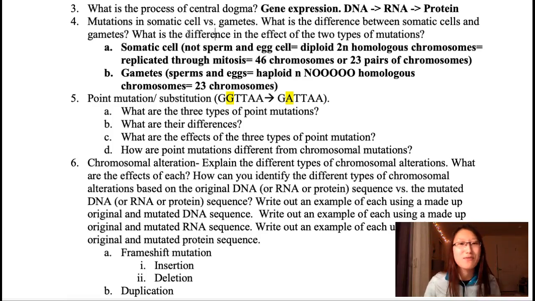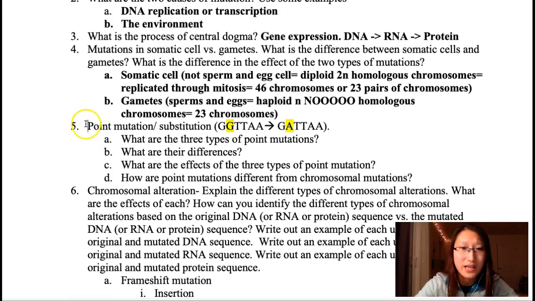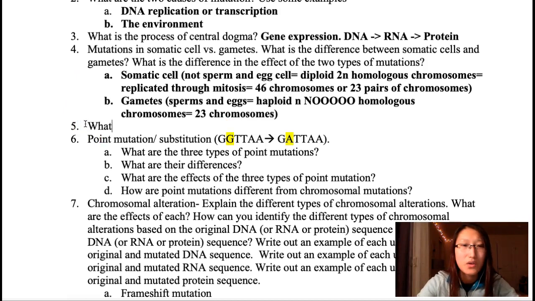It doesn't even have to be every single gamete, but if it happens to one gamete, and it just so happened that this one gamete becomes fertilized and becomes a child, this child can potentially be very, very sick. Or it might not. So that comes to our next question that I forgot to add on here. What are the effects